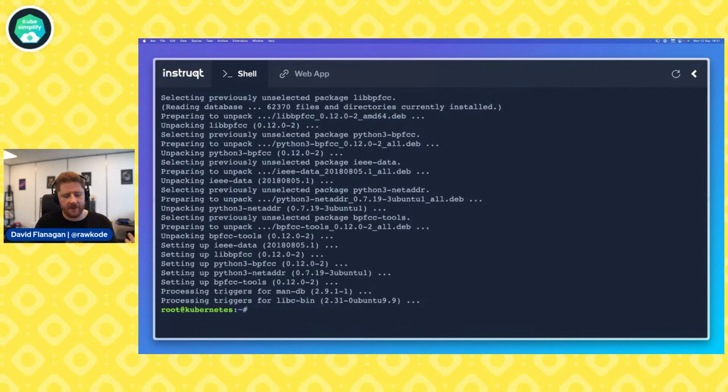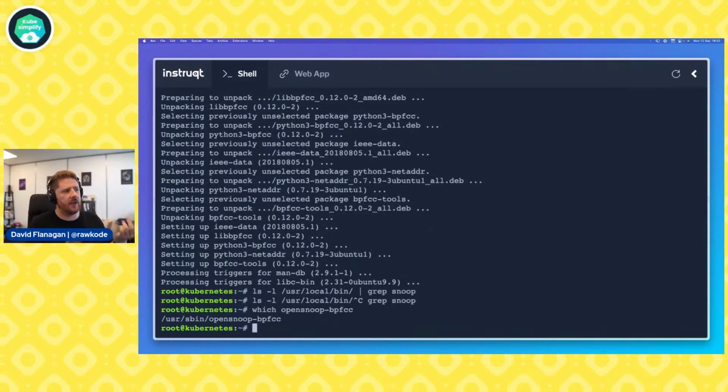Now, once we have this installed, we can run ls -l /usr/local/bin. Is this going to work? No. Maybe it's /usr/bin. But let's do a which on opensnoop, which will show you where our command line is, because I don't know where these are installed by default.